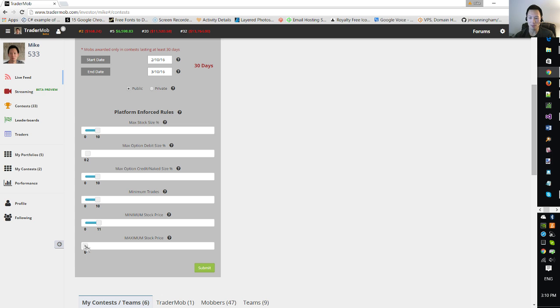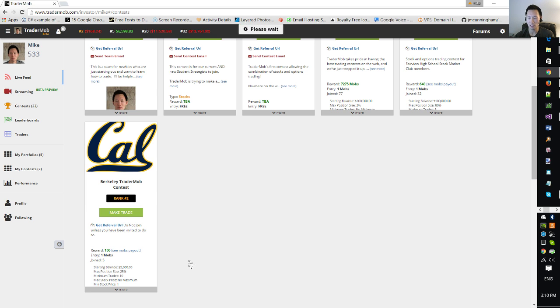And of course, you can do max stock size too. Maybe we don't want to have them trade anything over $700, or if you don't want to have max stock price, that's probably something that maybe you don't care about. You set it at 0 and it can be maximum. So that's how you create a public contest. Once you create it,